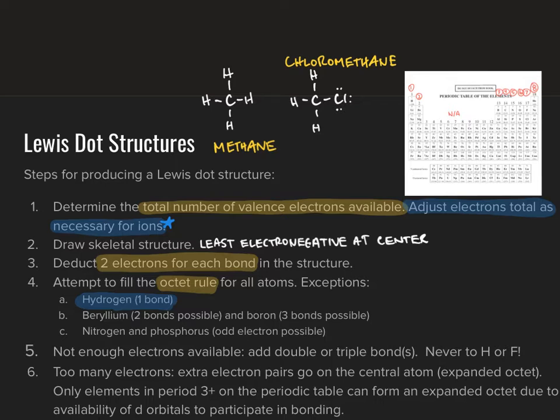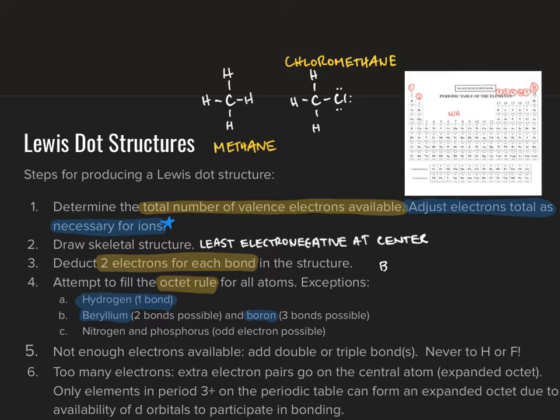Likewise, beryllium and boron will oftentimes tend to form structures where we see 2 bonds present for beryllium, for a total of 4 electrons in the valence shell, or 3 bonds for boron, for a total of 6 electrons in the valence shell. For a quick example of a molecule that this will apply to, we might look at something